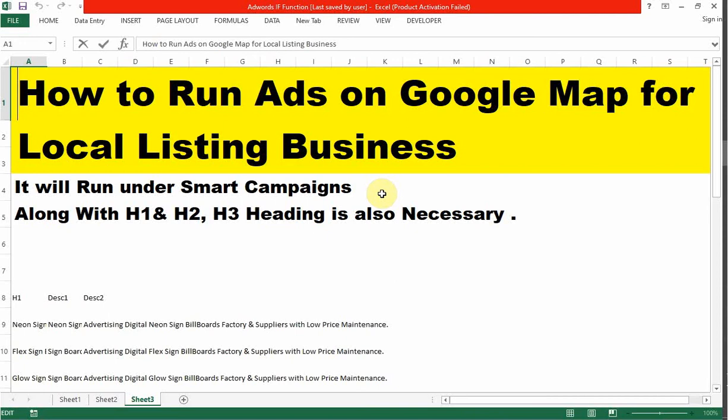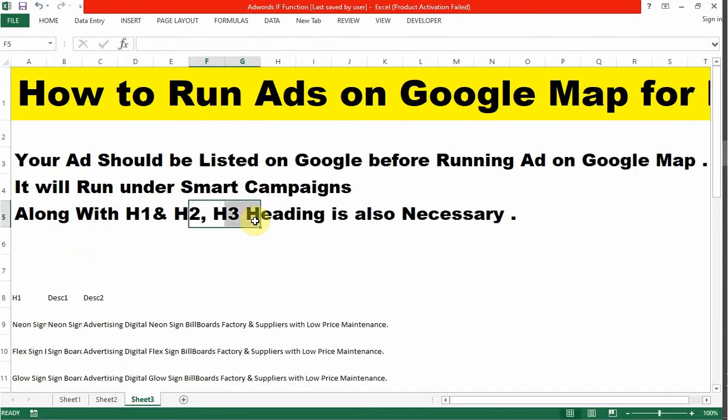And another criterion is that in this ad you have to fill the heading and three more as well. So let me show you what I'm speaking about.